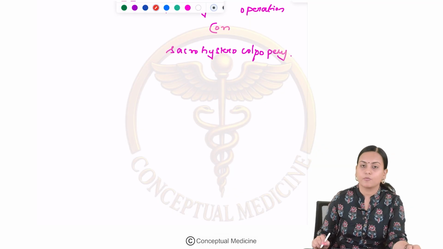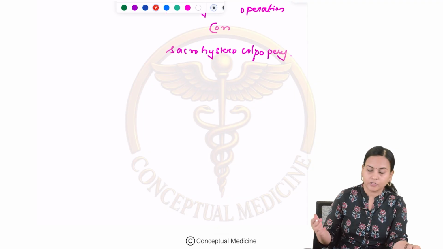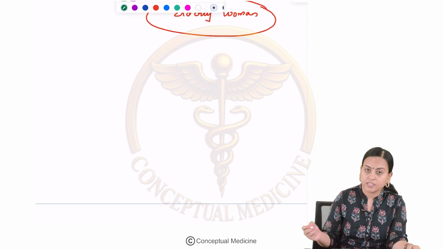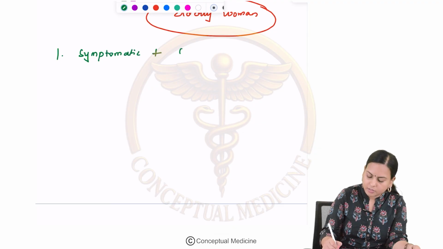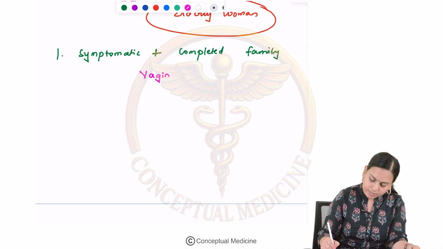Now, let us see what are the options available for elderly women, surgical options. The first class of elderly women will include those who are symptomatic and have completed family. For them, simply offer vaginal